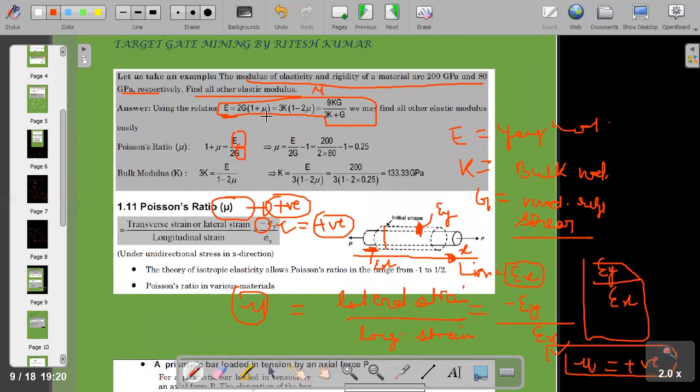Mu is not given in this, sir. In the question? Yes, you can find it. You can find mu from E and G, from this relation. It will come from the relation, sir. E equals 2G, sir, 1 plus mu. You have to remember this formula. At least one question will be